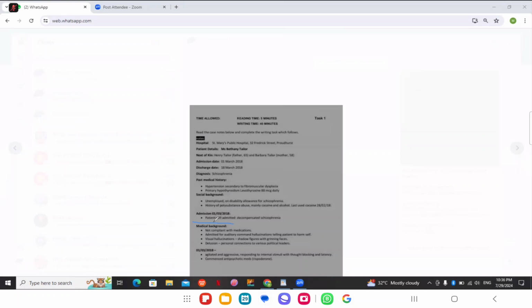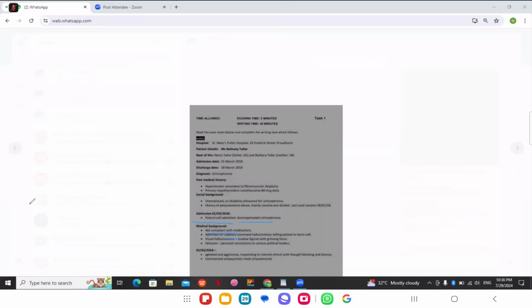Okay? And she self-admitted for decompensated schizophrenia. I have mentioned that in the purpose. What was the reason for her presentation? She was non-compliant with the medication. She was having